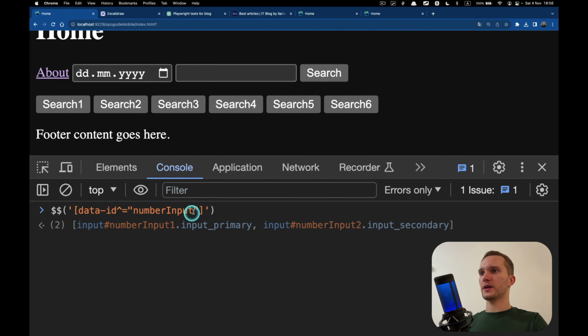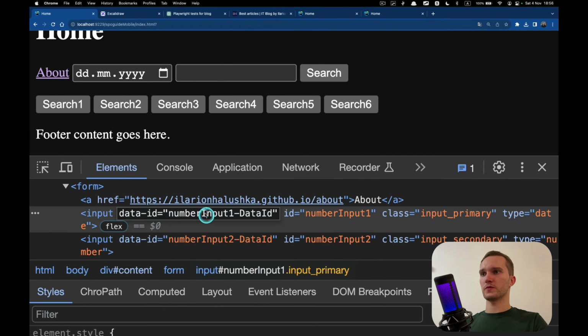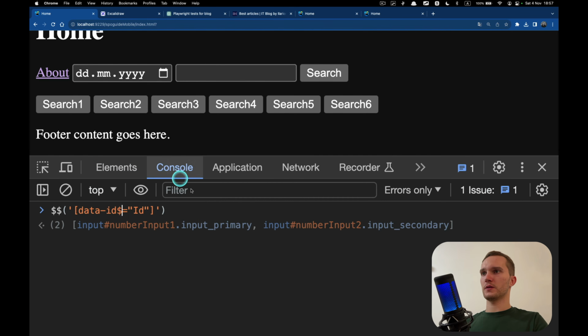Okay, and we can search from the back like this. We have to put dollar here, ID. So this searches from the back, you remember, right? We have this value, number input 1 data ID, and we can search by different patterns. Oh, this is the right word, patterns.